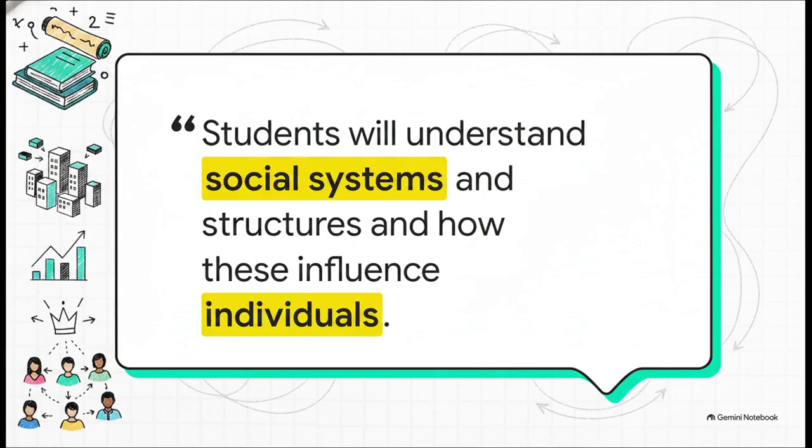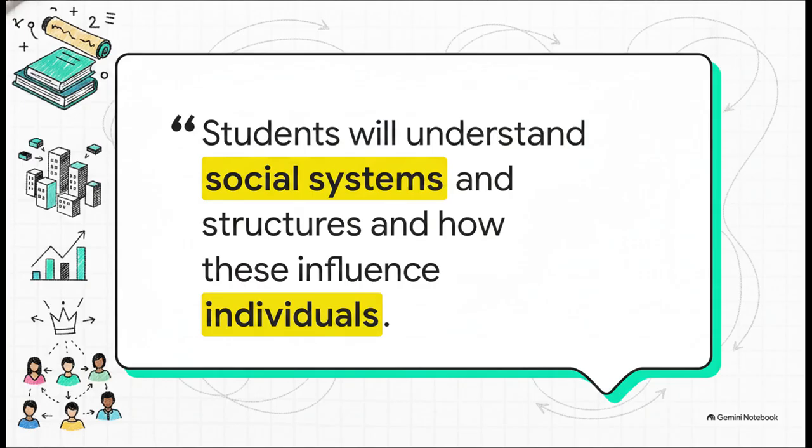and structures and how these influence individuals. Basically, how do societies manage people? Because once you invent paper and complex math, your population grows, your cities expand, and suddenly things get incredibly complicated. How on earth do you govern a massive, diverse group of people without modern technology or the internet? This unit shifts heavily towards society, identity, and government to figure out exactly how these massive empires manage their enormous